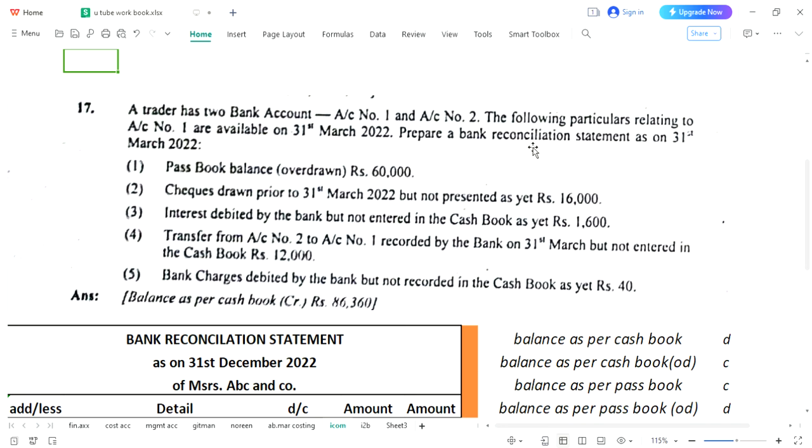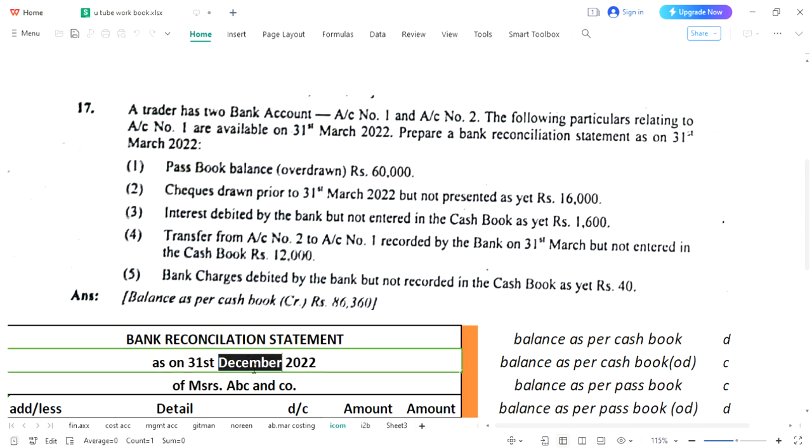First step first, three headings at the start of the question. The first line is fixed for bank reconciliation statement. Second is to put the date, and we have March 22. So the last question was for December. Let's change the date. It's March. And then we have to put the name,